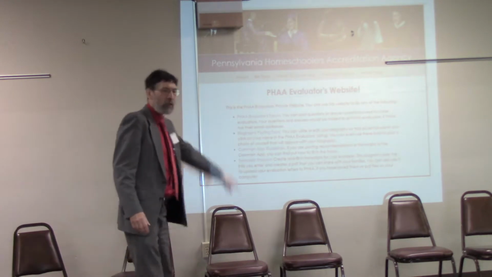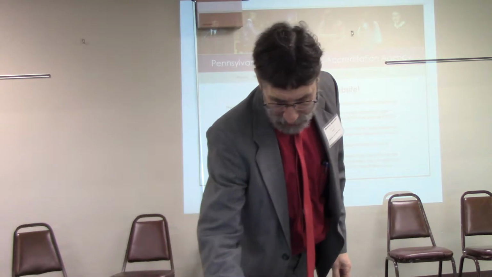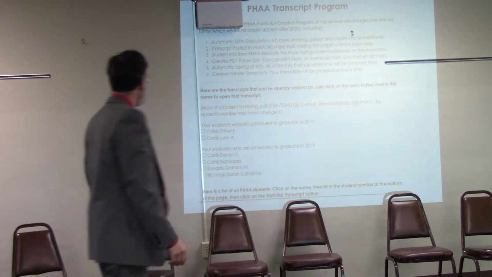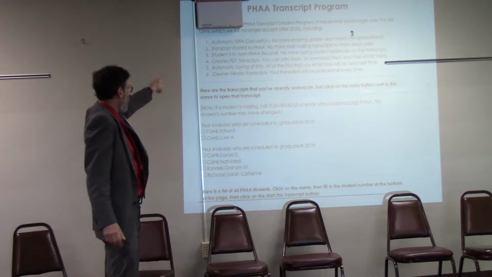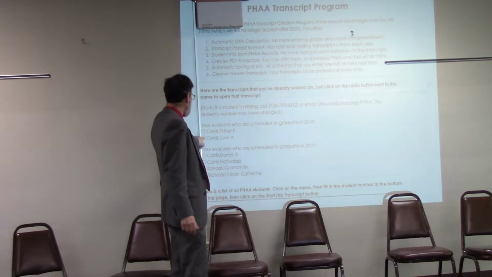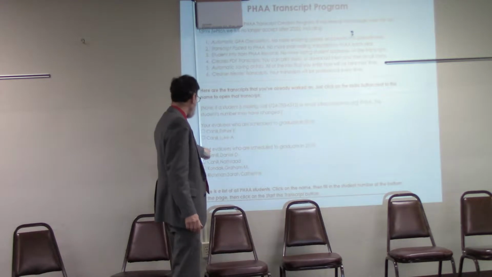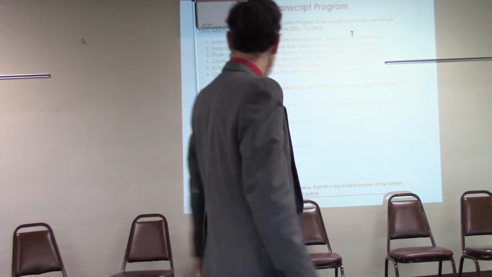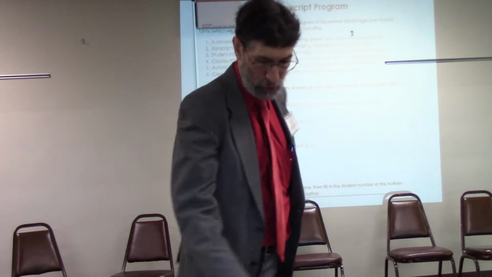And the last one is the transcript program, and the rest of my talk is only about the transcript program. So let's assume I clicked on that, and this is what you see the first time I go in. PHAA transcript program. Now I've got to choose the student I'm going to do a transcript for. These are the students I've already done. Esther Cahill, Luke Cahill. They're the ones who are scheduled to evaluate in 2018. And then in 2019, these are the ones that I've done some transcripts for. Those are all the ones, I'm not doing very many evaluations, as you can see. Those are actually my evaluations.